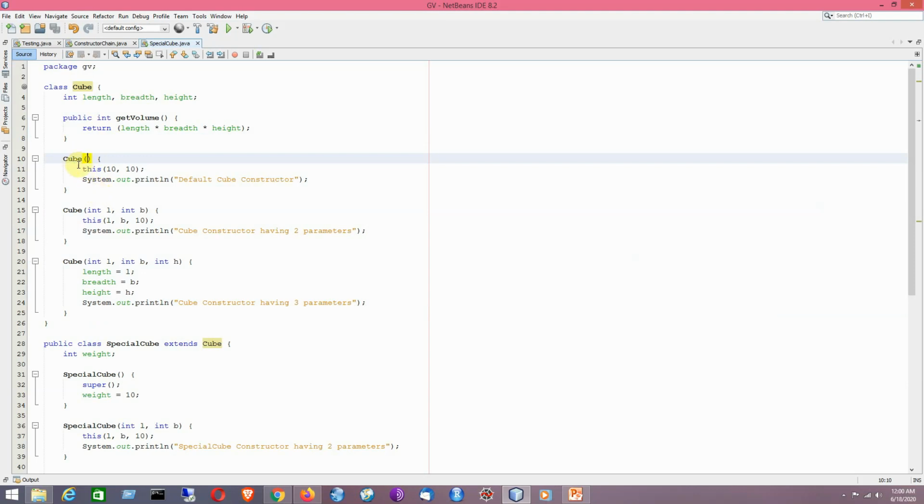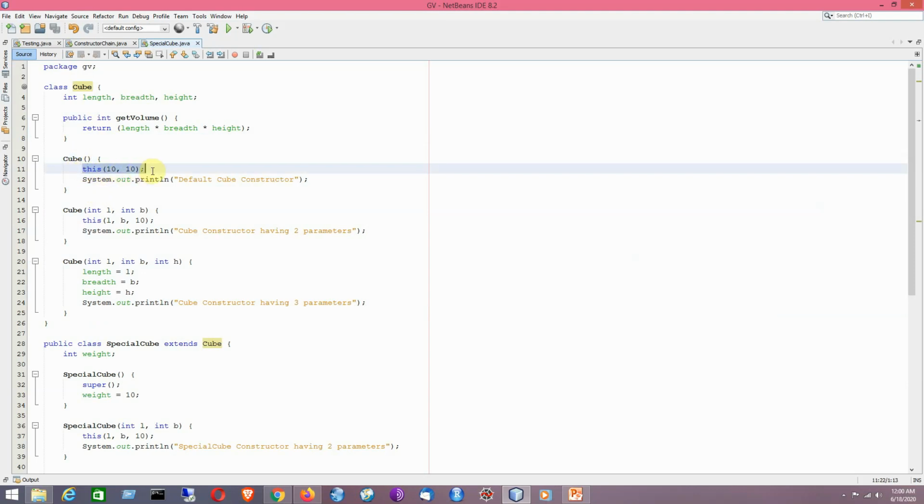Within this particular constructor we have a this call to another constructor. So it is basically a parameterized constructor with two arguments. So as a first line it will be having a call to another constructor in the same class. So it is having three parameters.